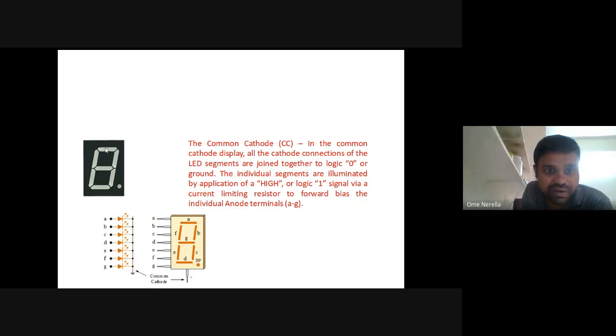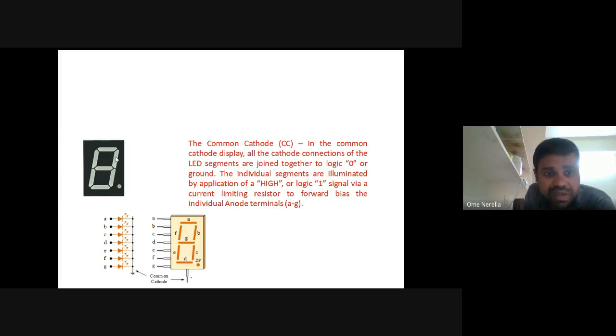Suppose 1, 2, 3, 4, 5, 6, 7. Suppose this is the 7 segment display. It is one of the electronic displays, used to display digits on it. Digits may be 0, 1, 2, 3 like that. Suppose you want to display 0, it means all the LEDs should be on except the middle LED, which should be off.